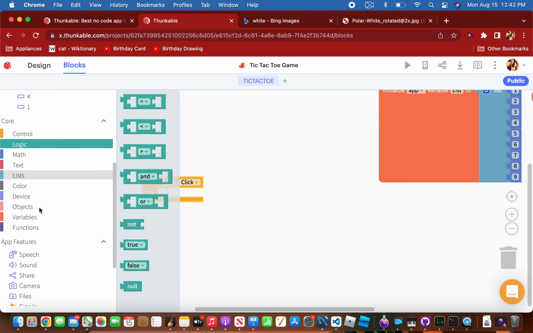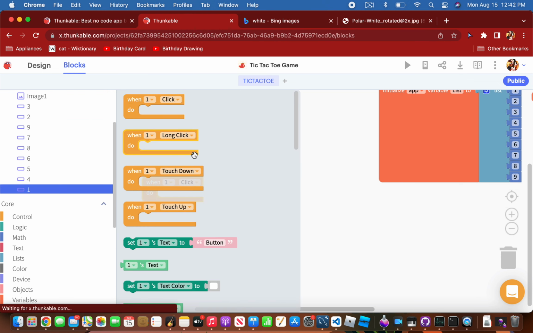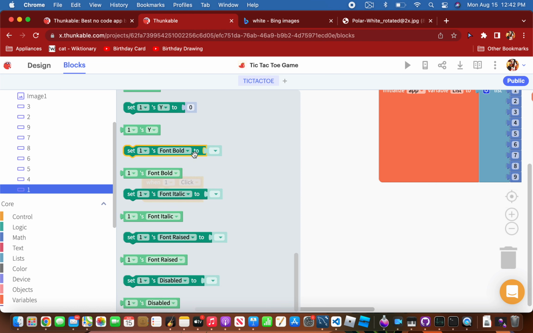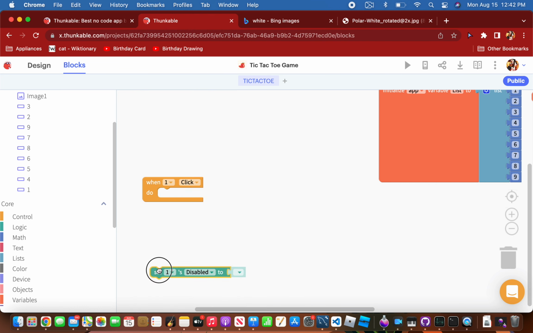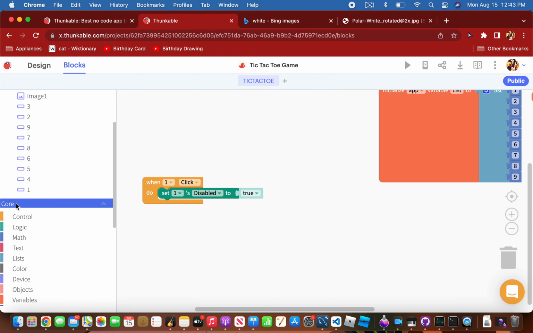So we're going to go to number 1, and we're going to say, where's the disabled block? Disabled, right here. Set 1's disabled to true. Okay. Now we're going to take an if do else block,